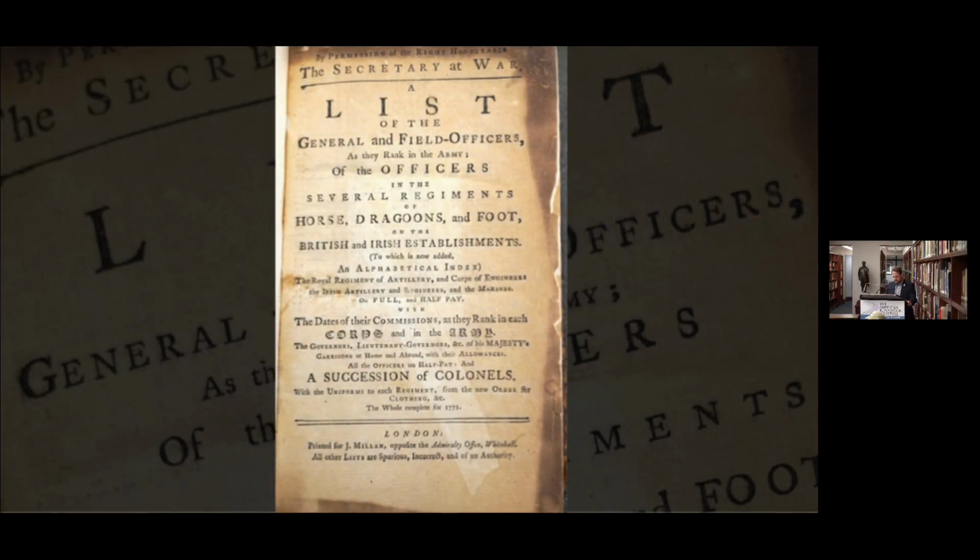To give you some background, the British Army lists were first officially published by the British Army in 1740, though they were kept in one form or another beginning as early as 1702. Officially is the key word there. The Army lists contain a comprehensive list of regular, militia, or territorial officers serving within the British Army for that given year. From 1754 through 1879, the British Army published its Army list annually before they were published quarterly from